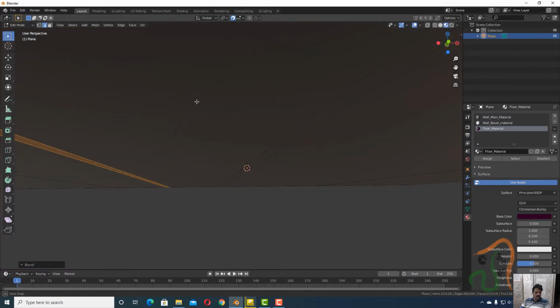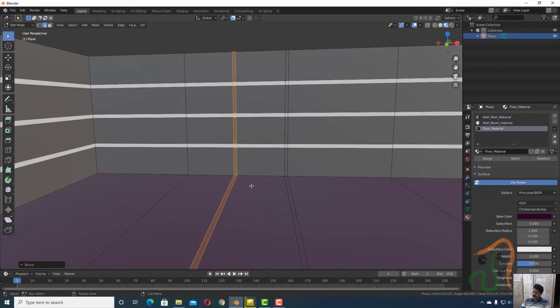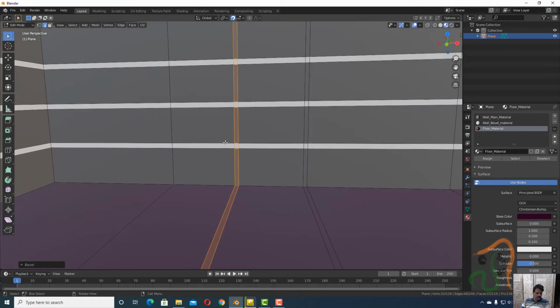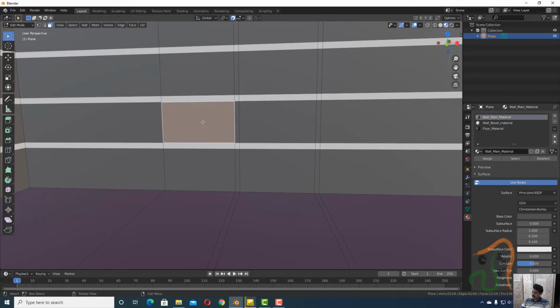And now next what we are going to do is create the door over here. So to create the door, just zoom in here and press 3 to come to face selection mode and select the faces here, one, this two, and this three. Okay, these three faces and also these three faces.